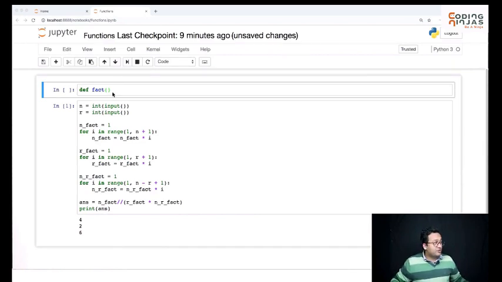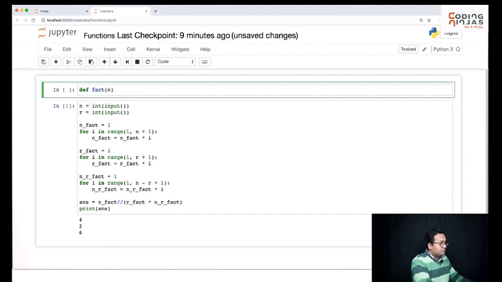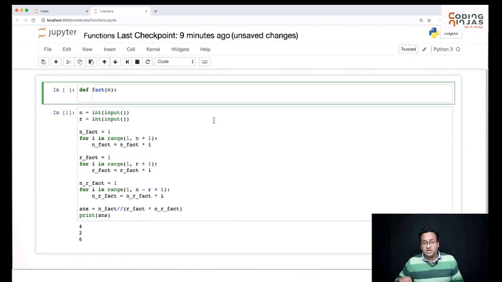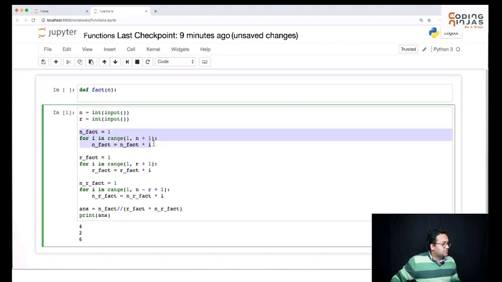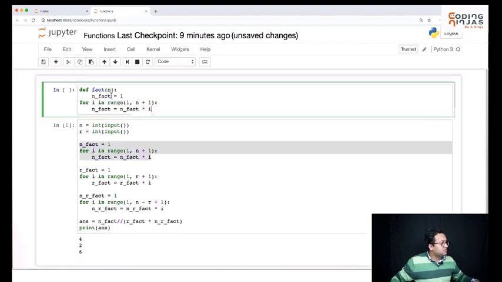For example, for finding factorial, we can say, hey, I would take one number. Okay, I'll take only one input. Let's say that is n. So this is how you write it. Def, space, name of the function, brackets, and how many inputs you are expecting. Factorial will expect only one input. Okay, so let's repeat this. Let's just copy this code from here. Okay, it has to be indented properly.